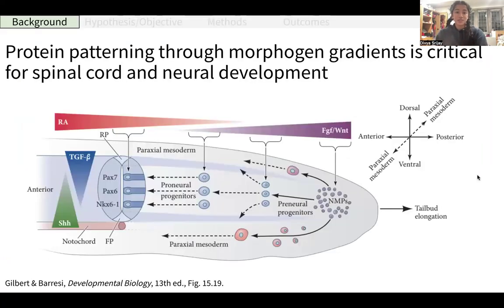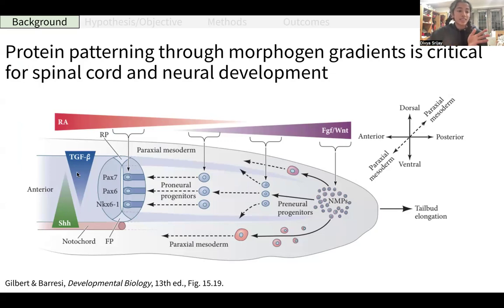It becomes what ultimately, in an adult human, is the spinal cord and the brain. So protein patterning through morphogen gradients is critical for this process in spinal cord and neural development. Down here you can see a diagram of a developing human spinal cord. And what you might notice is that there are very significant gradients in proteins like RA, FGF, Wnt, SHH, and TGF beta. The concentration of each of these proteins, which is basically what a morphogen is, a protein that is regulated by its concentration,